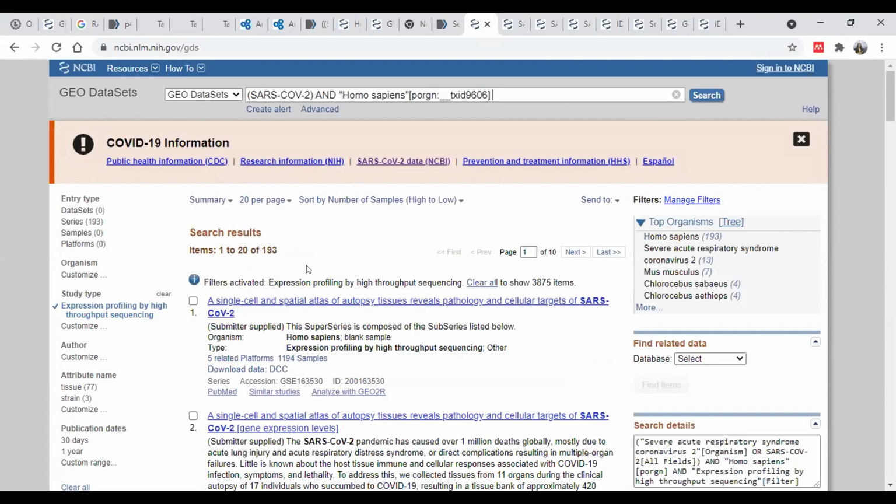I think if you're doing a bioinformatics research project, you can definitely explore this type of data. Another important thing is that you should always set the order. For a bioinformatics research project, if your study is based on a very small number of samples, it is usually difficult to publish that work. That is why it is important that you have a sufficient number of samples, particularly if you want to publish your bioinformatics research project. Here at the top, you can select an option to sort your data sets by the number of samples, from high to low, which I have already set by default.